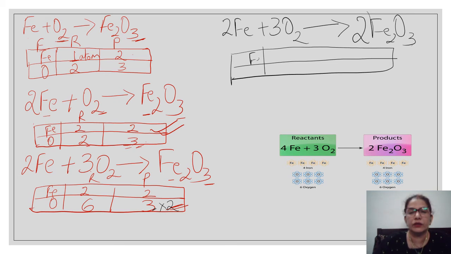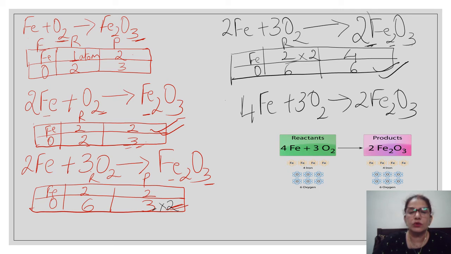So I have here Fe, oxygen, and Fe here is 2 on the reactant side. Product side, now if you see, iron has become 2 2s are 4. And here oxygen on the reactant side is 6, oxygen on the product side is 6. So oxygen is balanced now. Very good. Now in order to make this 2 into 4, I can multiply with a 2. So 2 into 2, so I need to add here a 4. Yes, 4Fe plus 3O2 gives